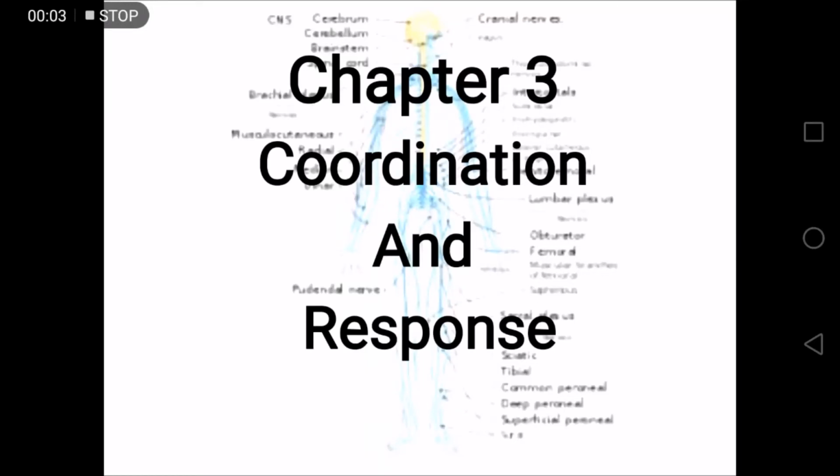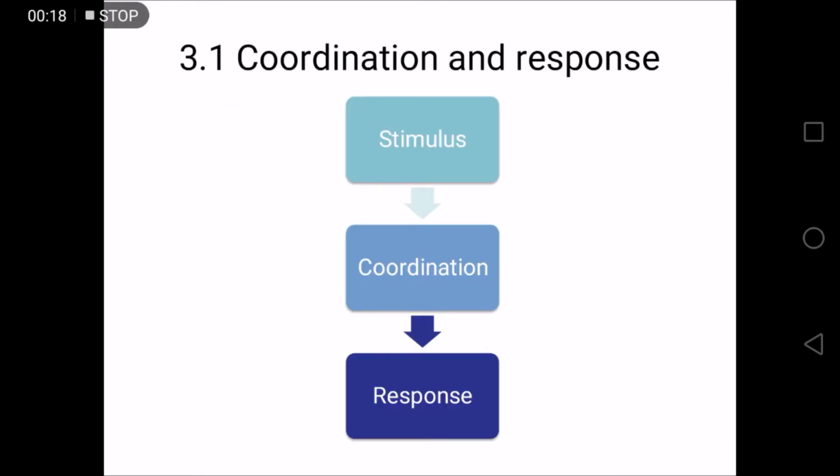Alright, today we will have this explanation on chapter 3. Chapter 3 is about coordination and response, and I believe you have read up. This explanation is to touch certain important points in the chapter. At the beginning of the chapter, you have coordination and response, where you will see how the body coordinates and responds